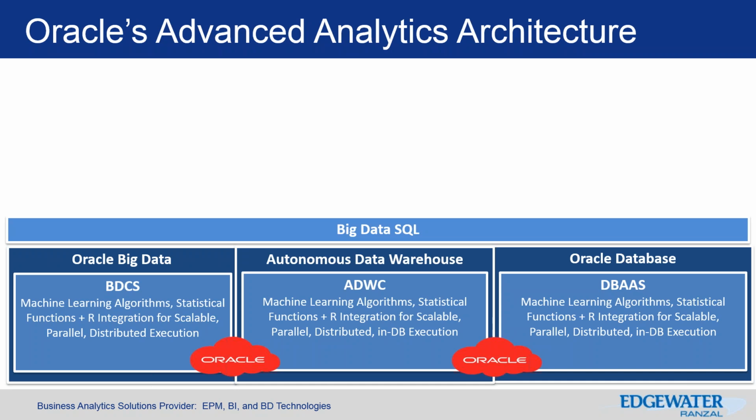Oracle now provides, within its Oracle Cloud Services, 3 advanced analytics solutions based on your organization's data footprint and business cases, all accessible through their familiar Big Data SQL. They offer Big Data Cloud Service for a Hadoop-based implementation, offering machine learning algorithms executed in a distributed, scalable environment. They also offer Autonomous Data Warehouse for large warehouse implementations that offer the machine learning execution from right within the database. And lastly, what we will be covering today, Oracle's database, which also offers all-in-one storage, transformation, and in-database execution